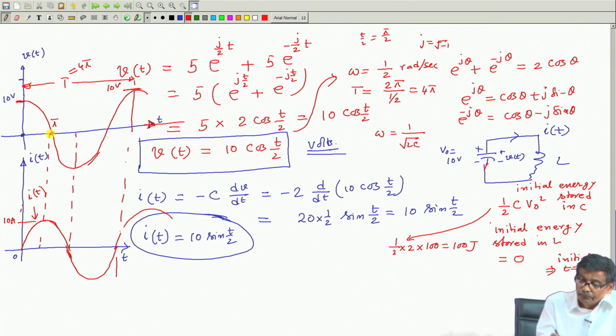A time will come at t equal to pi second, capacitor voltage will collapse to 0 at that instant, and at that instant the current through the inductor will be 10 ampere maximum. At t equal to pi second,